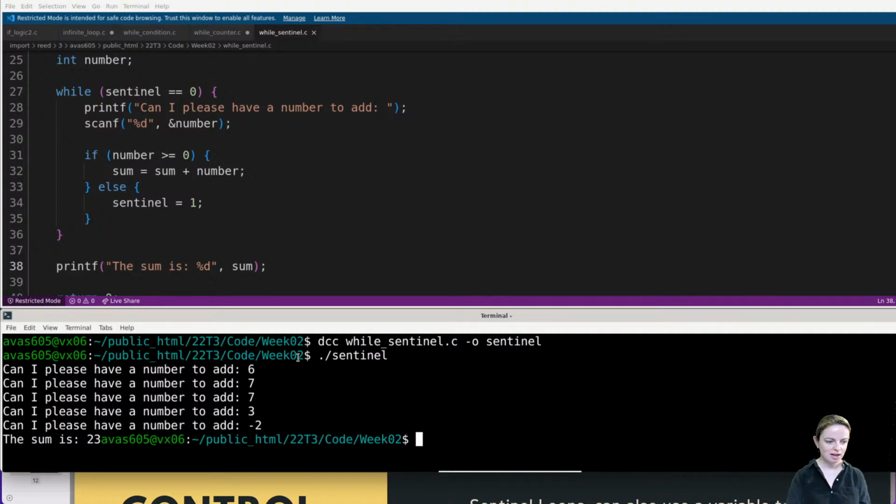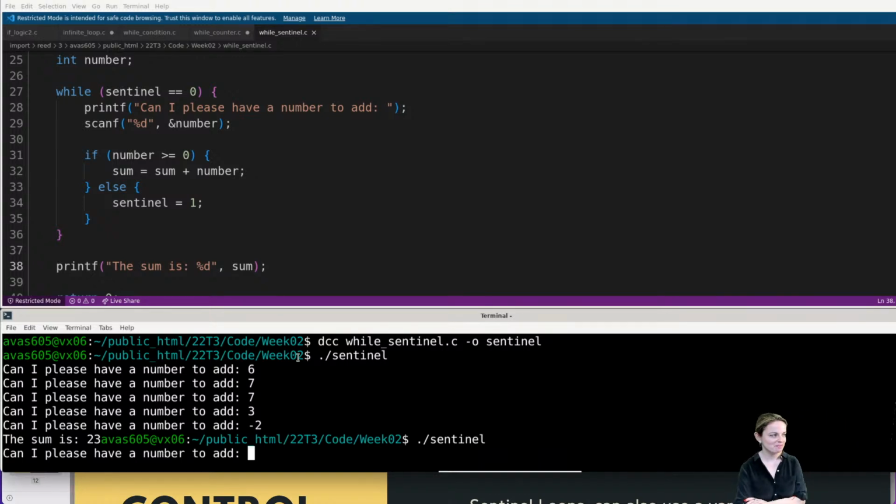How fantastic. But is it really? Let me run it again. Actually, how do you think I can break it? What do we reckon? How can I break it? And this is a good way when you write your code, and everything is working and you're celebrating: think about how you can break it first before you celebrate.